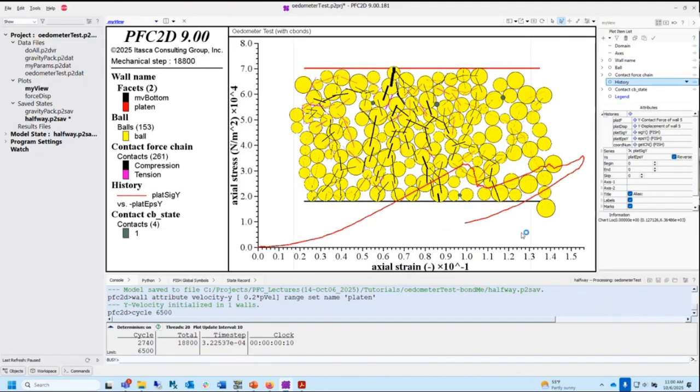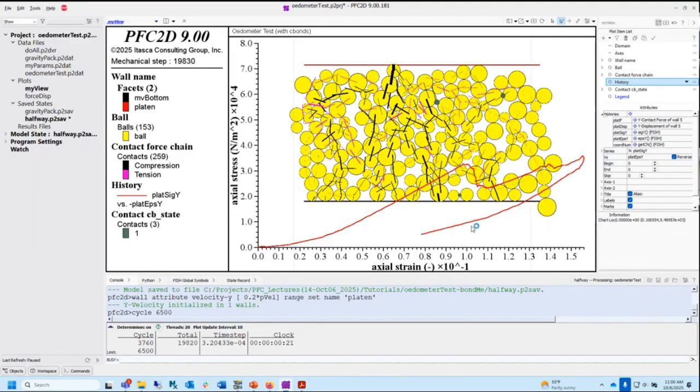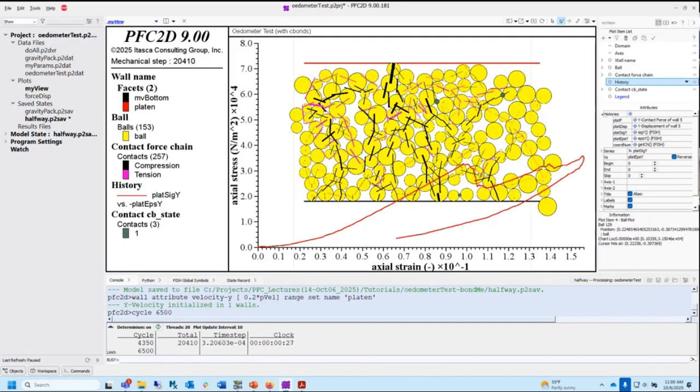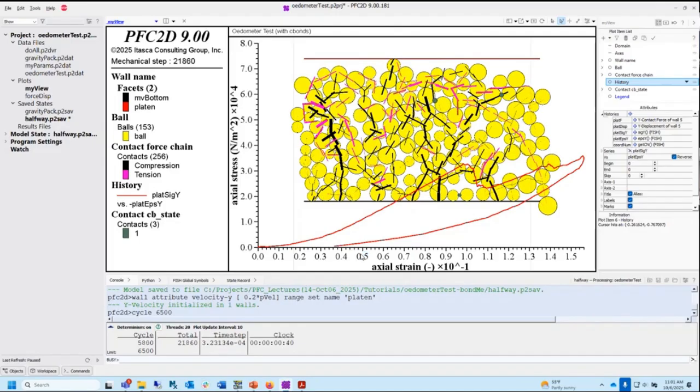Here's the history. There we go. Look at how crazy complicated it is. Somebody must have broke right here. Now it starts loading up again. Now somebody else broke so much that the entire system is in failure. Well, no, it's not in failure. It's just being unloaded, right? It loaded up. Somebody broke. It lost force, but now it's building up force again. Somebody broke here. Now it's building up force again. And now we unload it. So let's just take a quick plot.